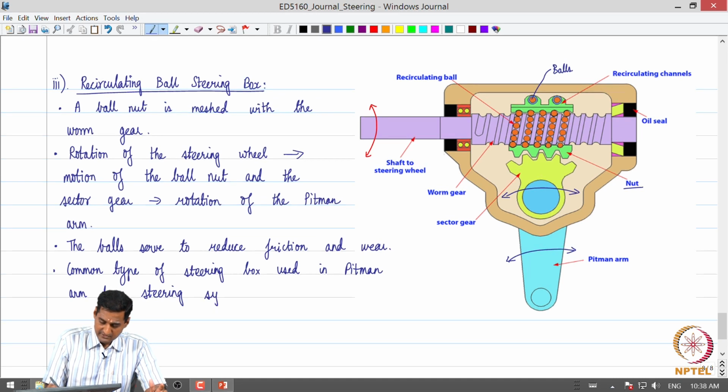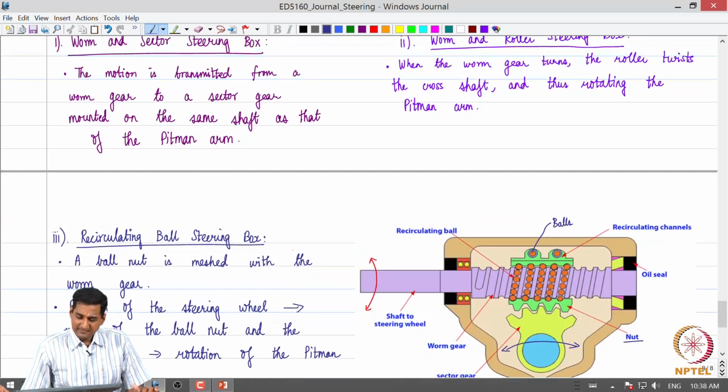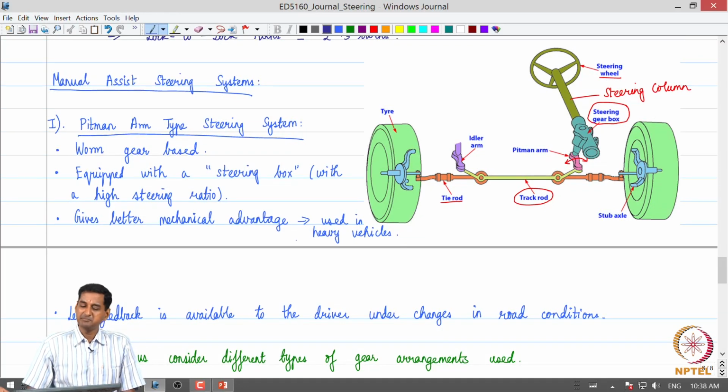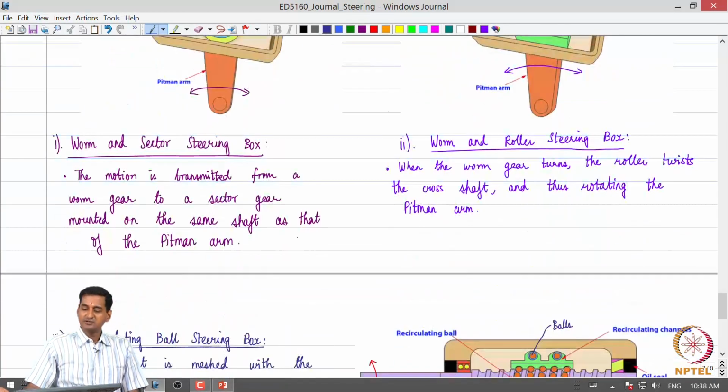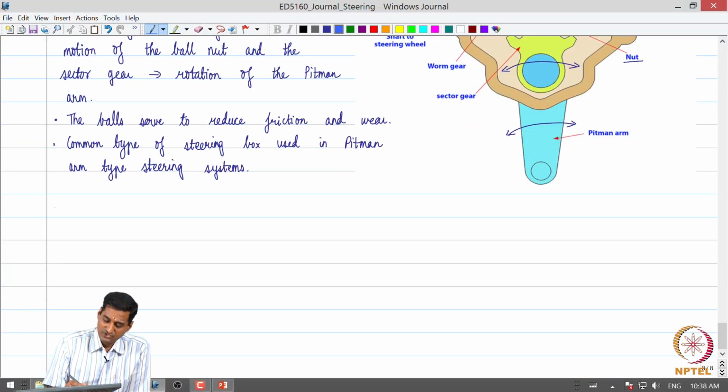Okay, so that is the recirculating ball system. These are some common choices of the steering box which is available with this Pitman arm type steering system. Now we will look at the second choice of this manual assist or manual